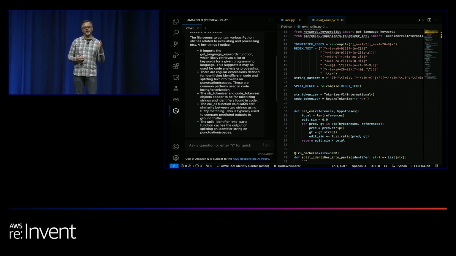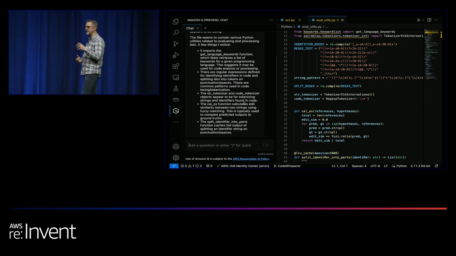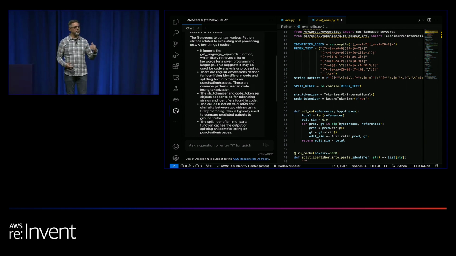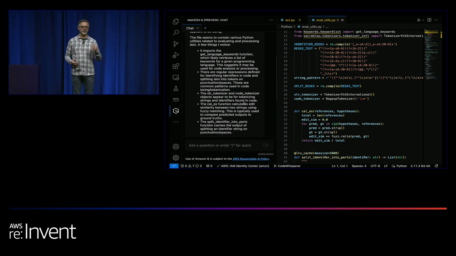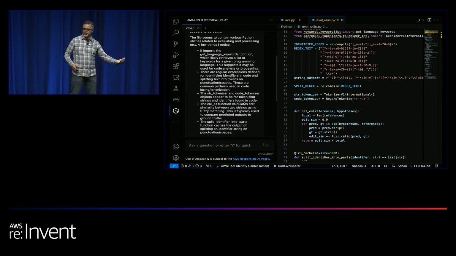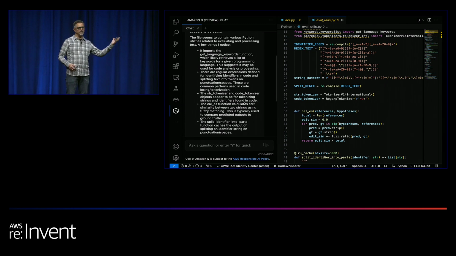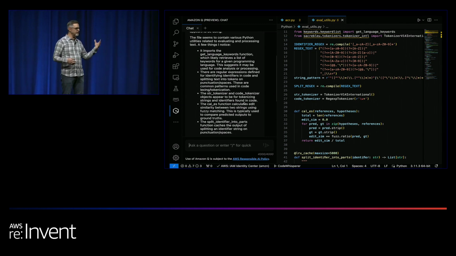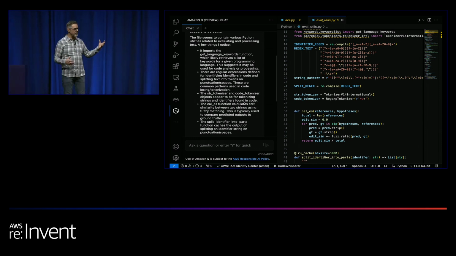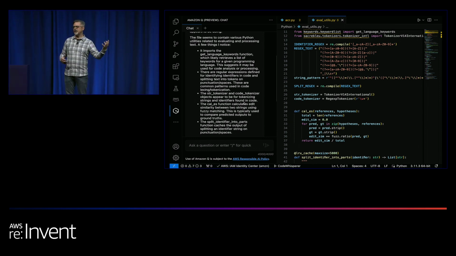The thing we hear probably almost more than anything else from developers and development teams is we spend a lot of time reading code, way more time than we spend writing code. We have to read a lot of code to understand a project we're not familiar with, and our more junior engineers have to go bother our more senior engineers to ask what the code does and how it works, or they go off and do some searching and try to figure something out. Here, you have context, and you have an AI assistant that understands software development, so you can just say, hey, tell me what this does, and we'll break it down and tell you.